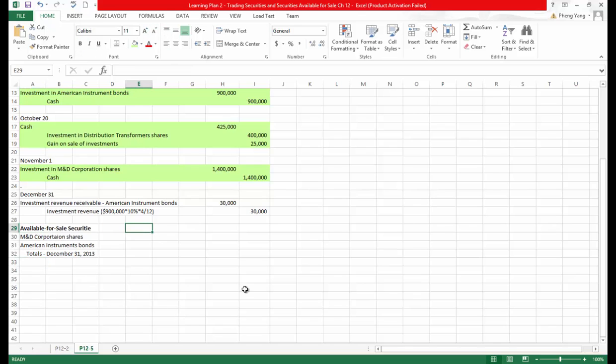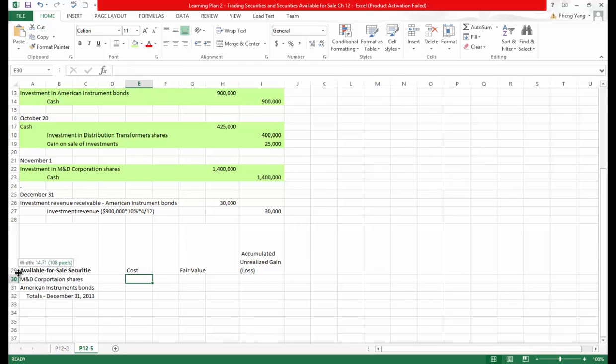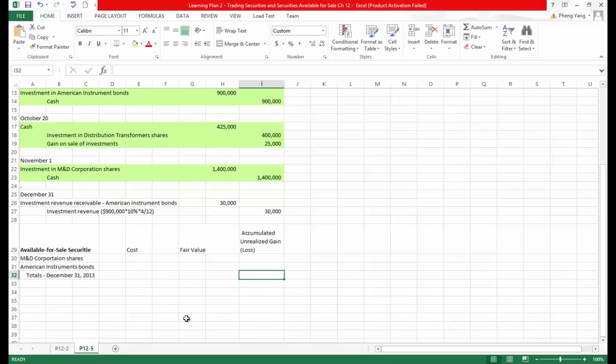My next column is going to be the cost, and then my fair value. Let's just spell it out. And then my accumulated unrealized gain or loss. Okay,